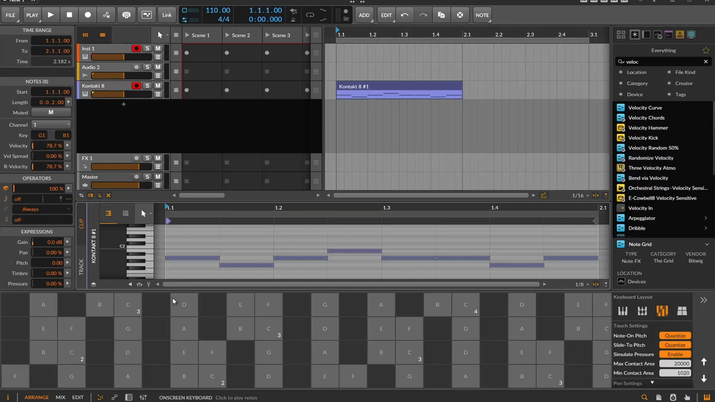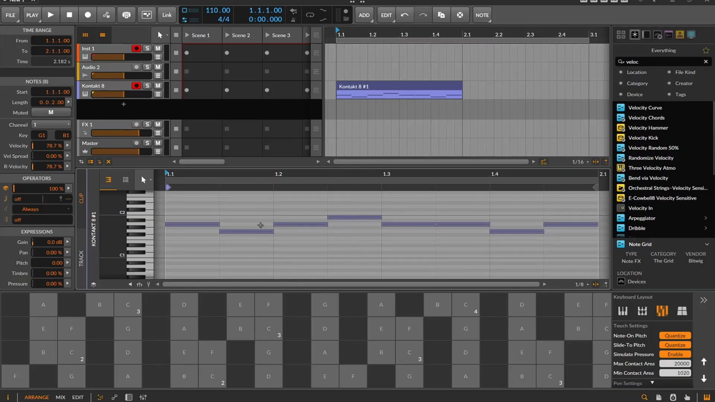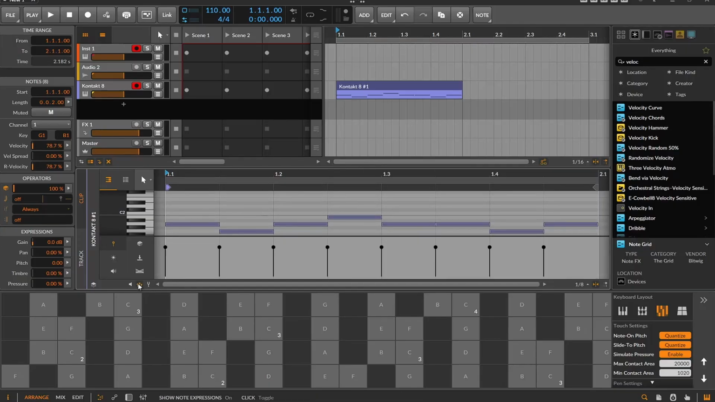I had an idea that may be useless, but when I program notes in this note grid, or piano roll, I sometimes forget about the velocity. It plays the same note over and over again. Not the same note, the same velocity. And if you have an instrument that's velocity sensitive, it goes quiet, or in my case with Contact, it changes